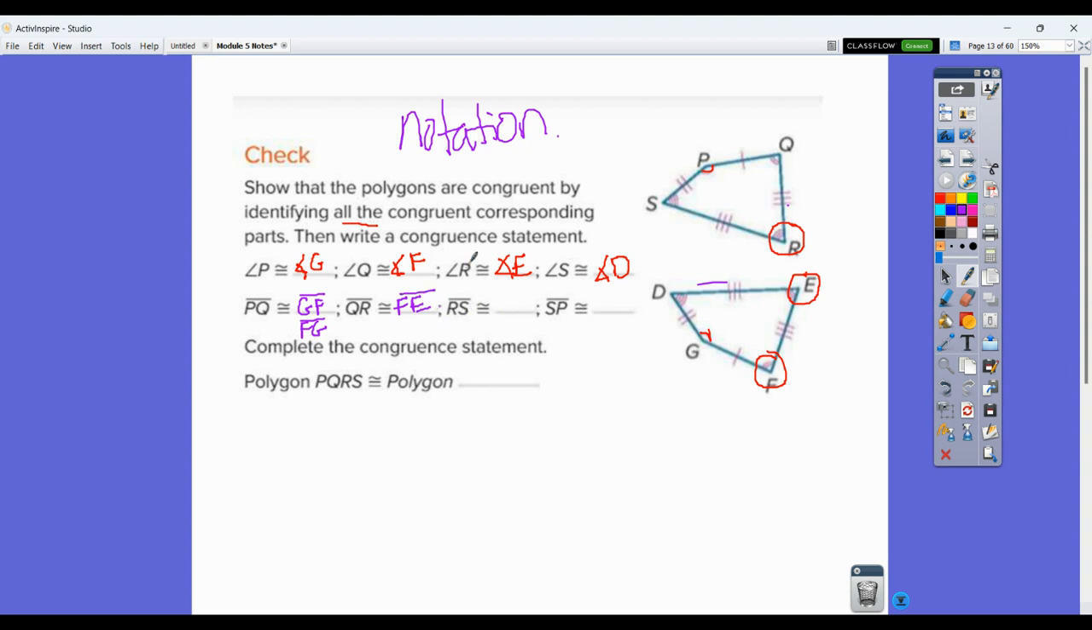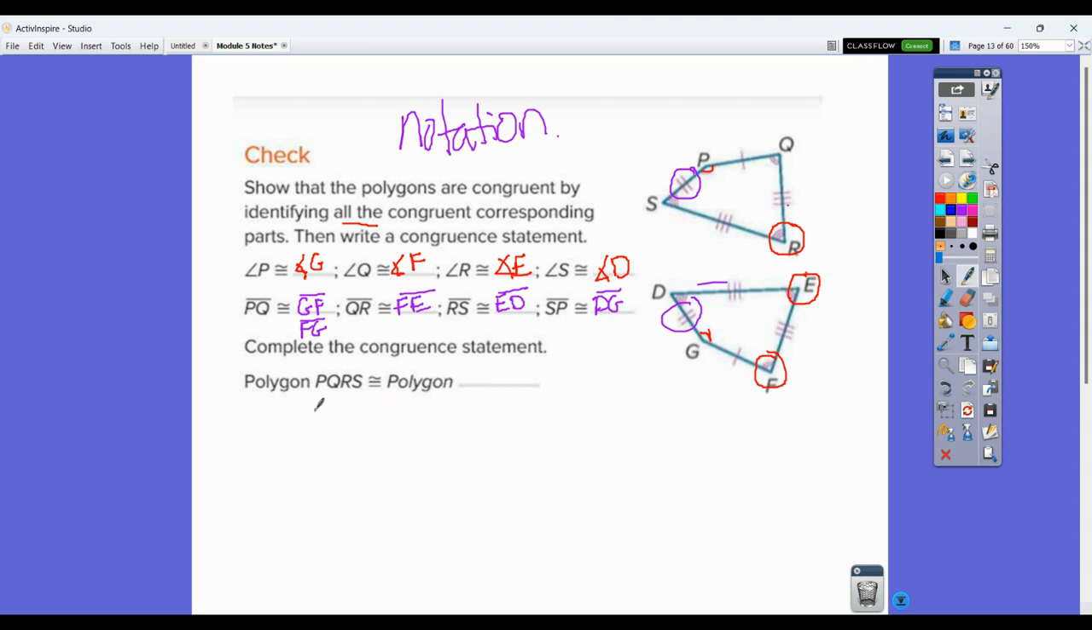RS then, if I'm looking at that, R was E, S was D, so I'm going to say ED in this case. Then the last one, I'll go back to the diagram. SP has a double marking and DG has a double marking, so it's going to be DG as my congruent piece. Okay, you're also going to be asked for congruent statements, which really just means that I want you to